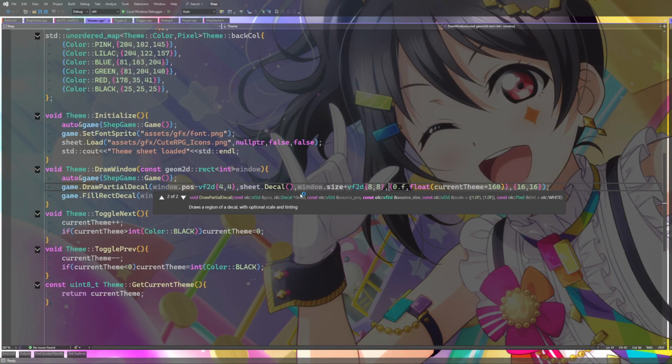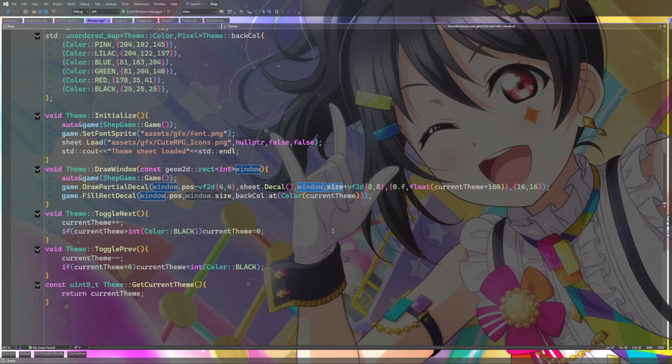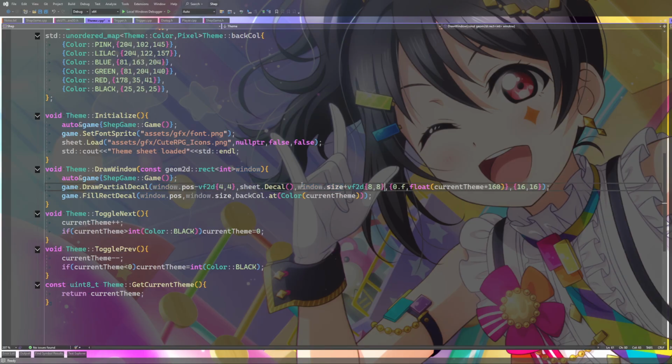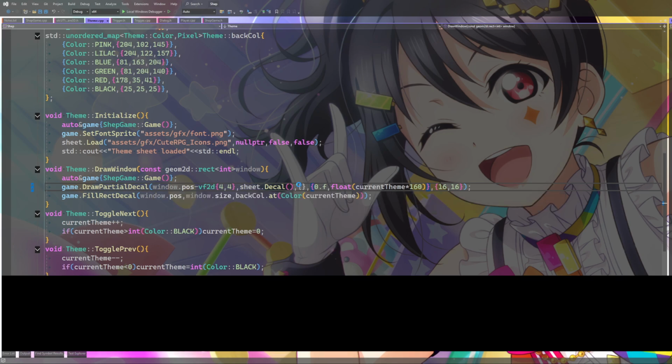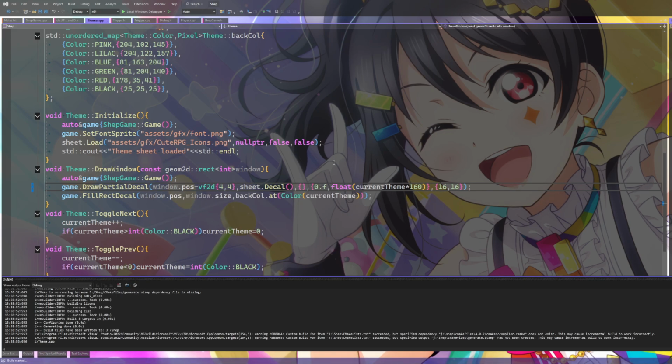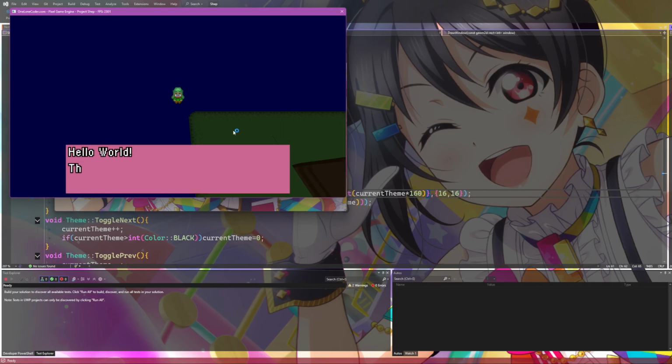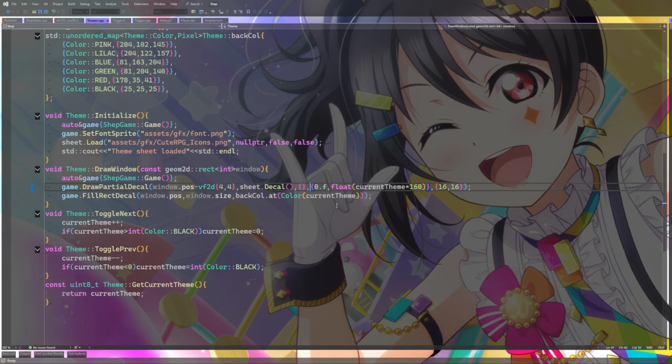That's supposed to be position, not size, so I don't know why I did this. Yeah, what the heck? This is supposed to be the position on the sheet, which I think is 0, 0, if I'm not mistaken. So that's kind of weird. And then... oh, am I using this one? Hold on. I might be using a different version of the function.